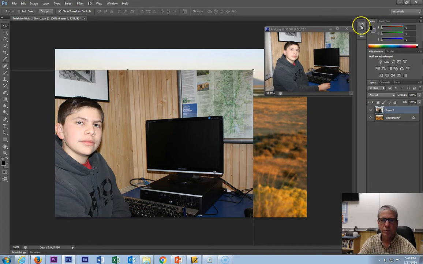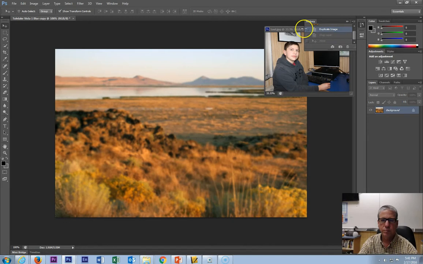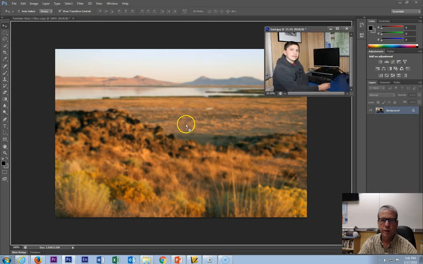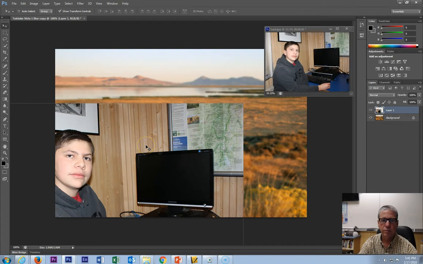I'll do it again. Move tool. Click on the image and drag it into the background. Now once you've done that, make sure that Show Transform Controls is selected. If it's off, you won't see these little resize handles located around the image. When it's on,